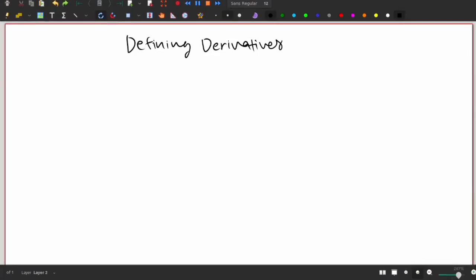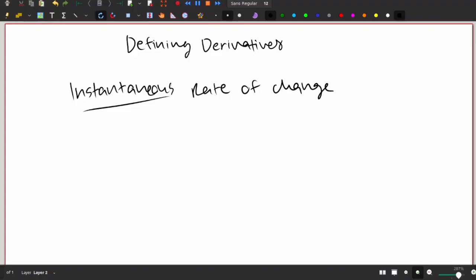A derivative is the instantaneous rate of change of a function. Now, the average rate of change between 2 points is simple. It's written as the change in y divided by the change in x. This means if we wanted to find the average rate of change between, say, points (3, 4) and (5, 7),